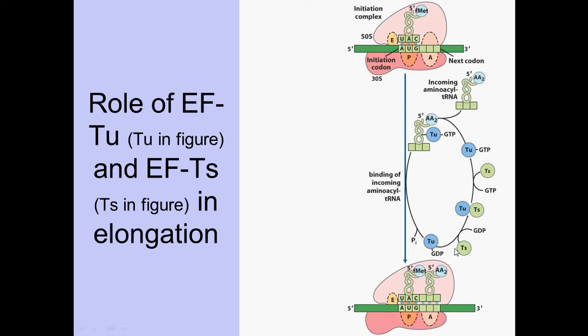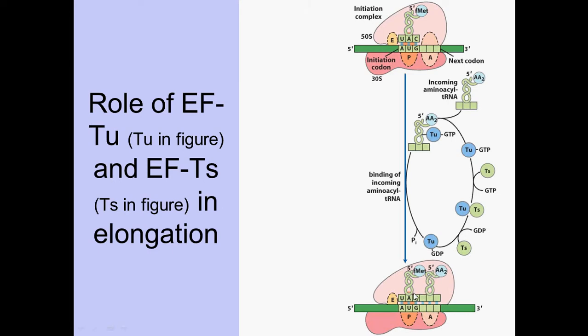TU. TU binds over here, and then when TU leaves, it's going to let go of the amino acid so that it can be bound to the formylmethionine. And we see it's like a cycle that keeps on going. The tRNA can be reused, so it's going to come here, bring the amino acid, and then it's using GTP over here to